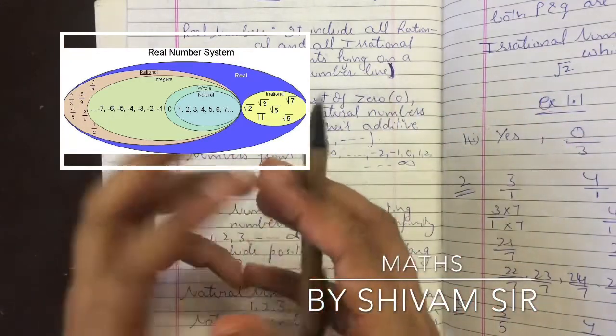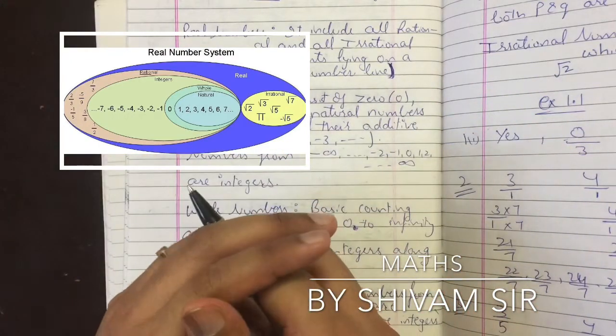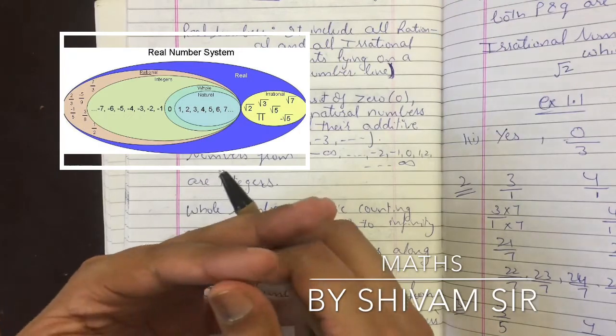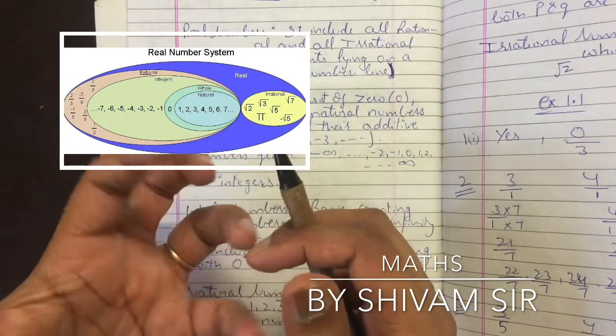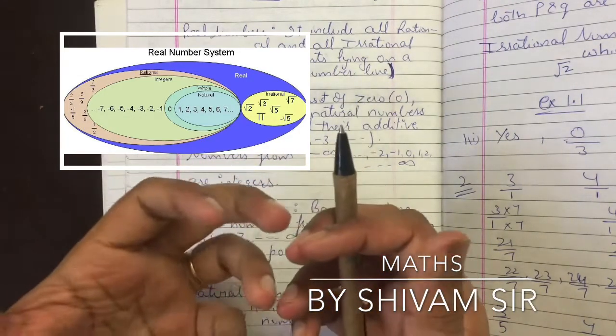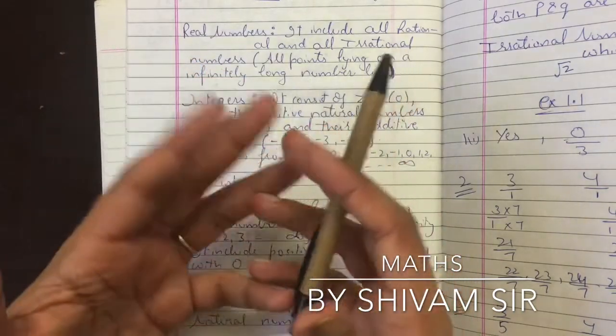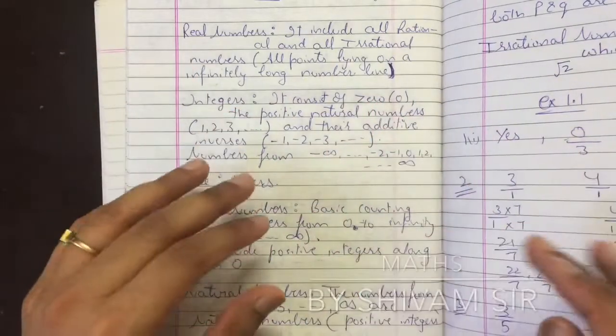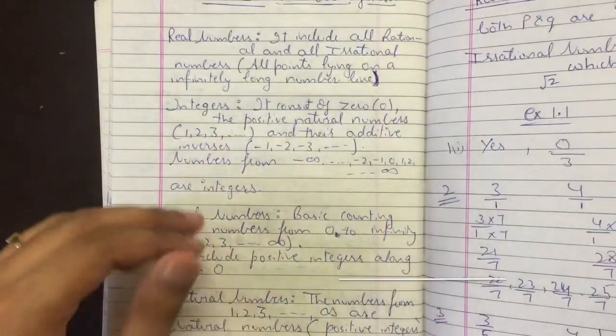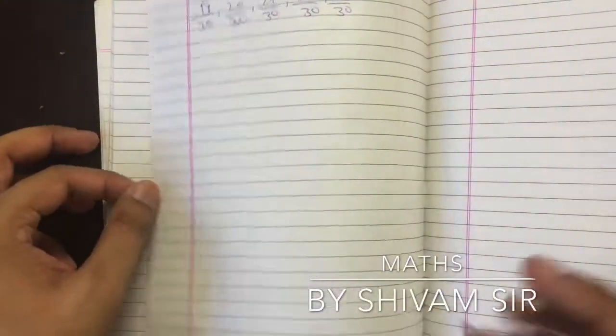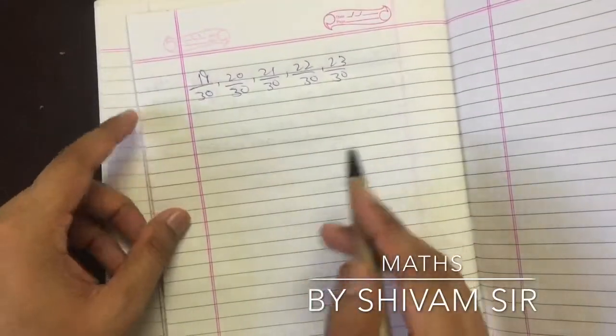Next, every rational number is a whole number. False, as rational numbers may be fractional but whole numbers may not be. For example, 1 by 5 is a rational number but not a whole number, or we can say 3 by 4 is a rational number but not a whole number. So this is all about this exercise, but let's talk about a similar category of question.